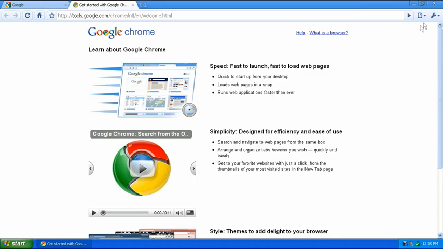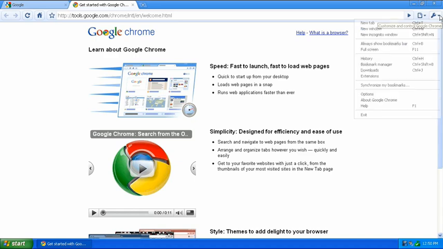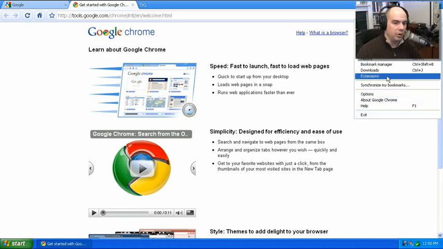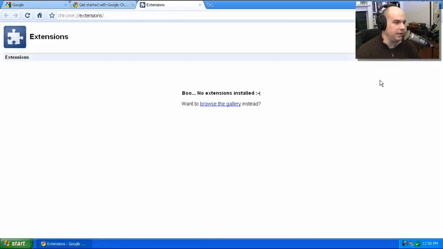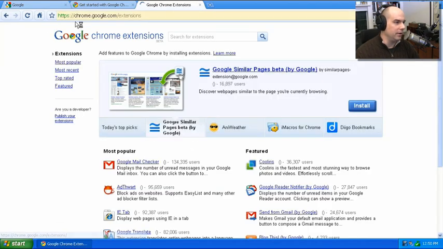To add on extensions to Google Chrome, there's this little wrench here where I can click and get to all of these different options for Google Chrome, and there's an option there for extensions. And the extension page says that there are no extensions installed. Boo. Would we like to browse the gallery? Yes, I would. Let's click that Browse the Gallery option. It takes us to